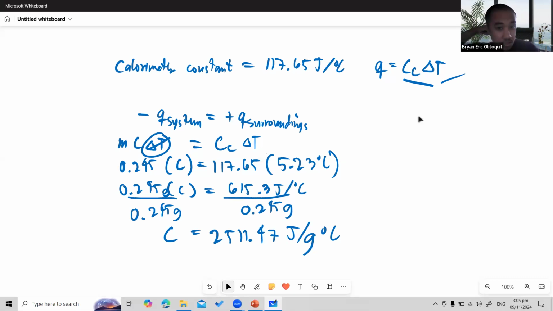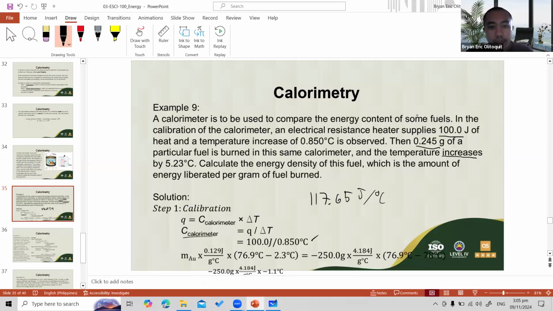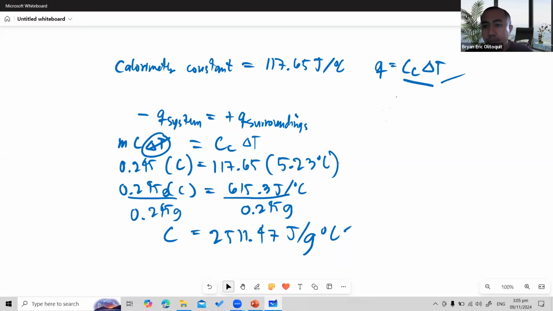Okay, so I'll just pause the recording because I'm also verifying this in the book in terms of the solution. So here, it jumped to specific heat, but rather, in terms of the problem, what we are looking for is the energy density of the fuel. Kumbaga, how much energy can be extracted from the fuel per mass of the fuel. So here, using the calorimeter constant, we say the heat that is available